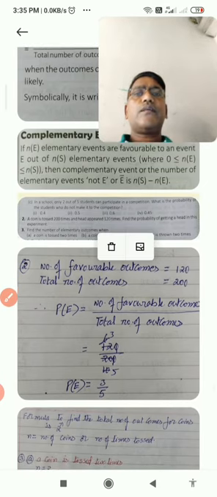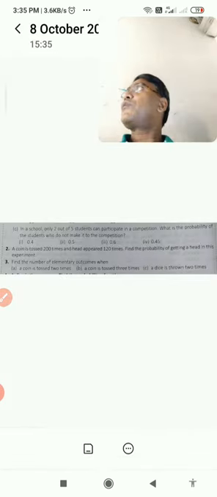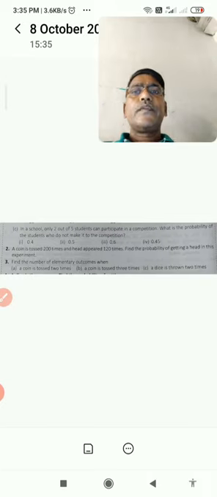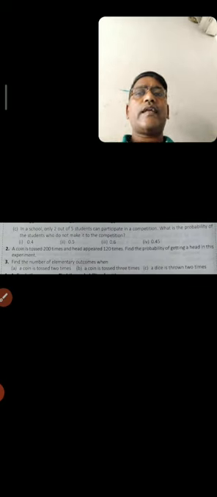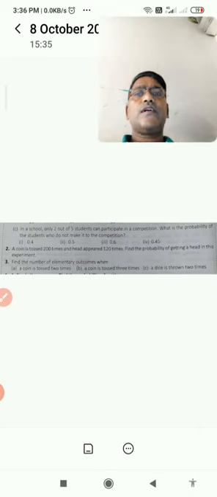And see question number 2 here, where we are taking probability. Just see question number 2. If you read this, a coin is tossed 200 times and head appeared 120 times. We want the probability of head only. So favorable conditions are 120, total number of conditions is 200. So 120 by 200 is the answer. Simply that. And third also here: find the number of elementary outcomes.